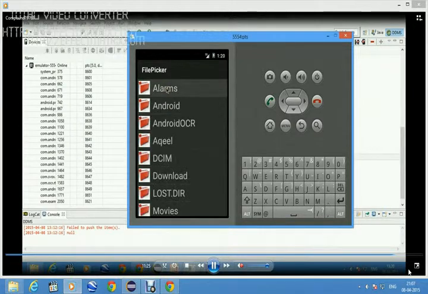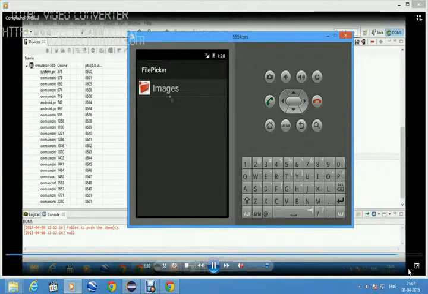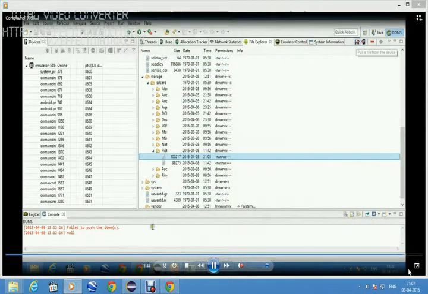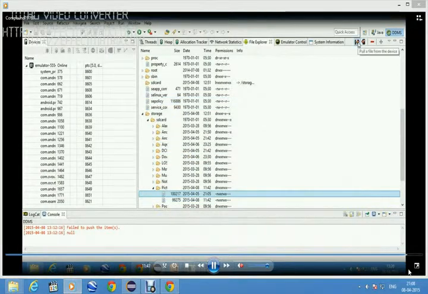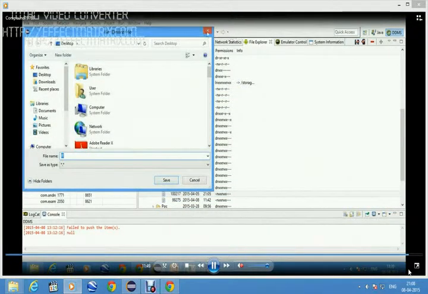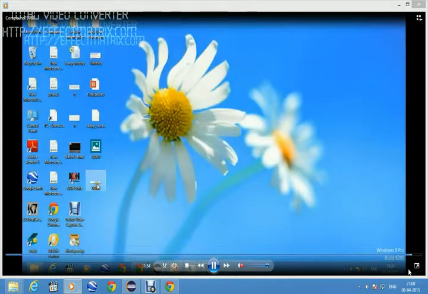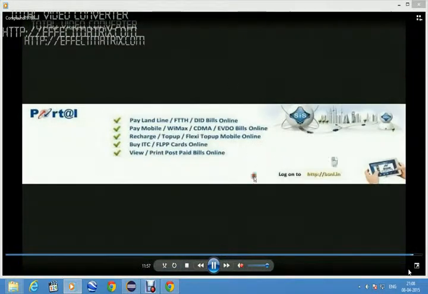Click on the storage SD card, acqueue. Click on the acqueue. Here only I can view the extracted text and image from the PDF file. To show you more clearly, I will pull it to my desktop. This is the pulled picture on the desktop. Thanks for watching.